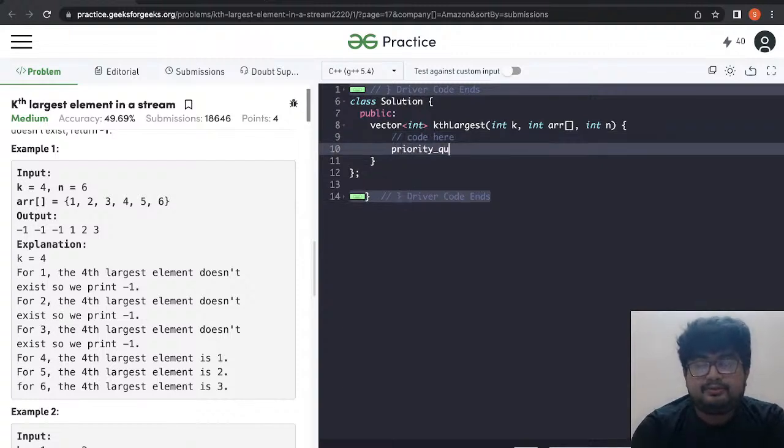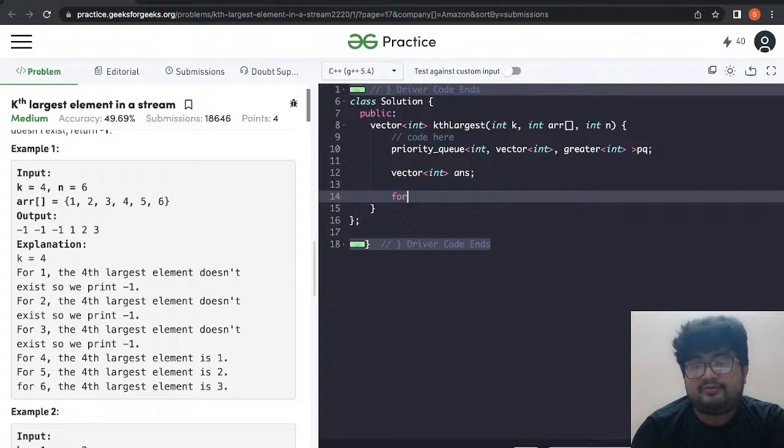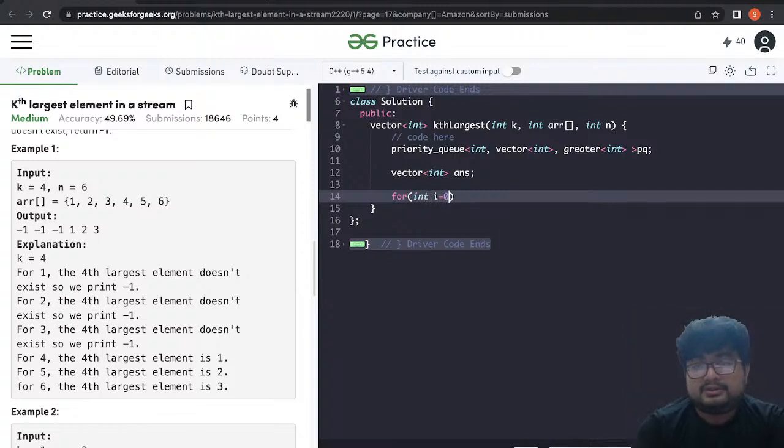Priority queue of int, vector of int, we are creating a min heap, and greater of int, pq. So for int, and vector of int answer. So for int i equals 0, i less than n, i plus plus,